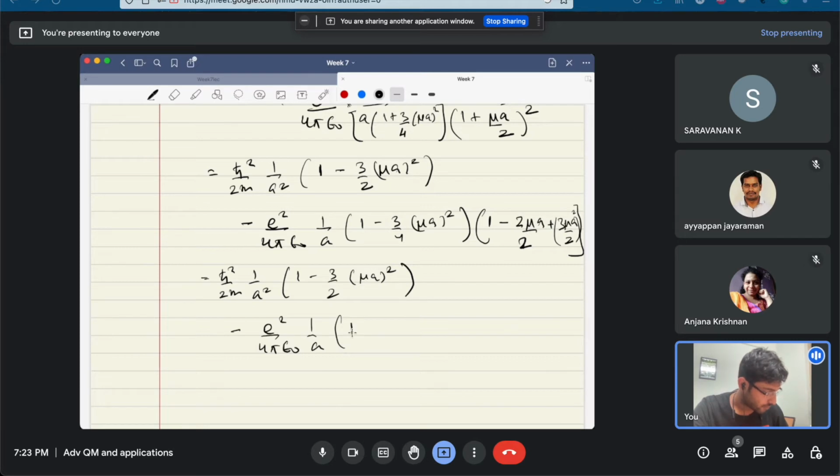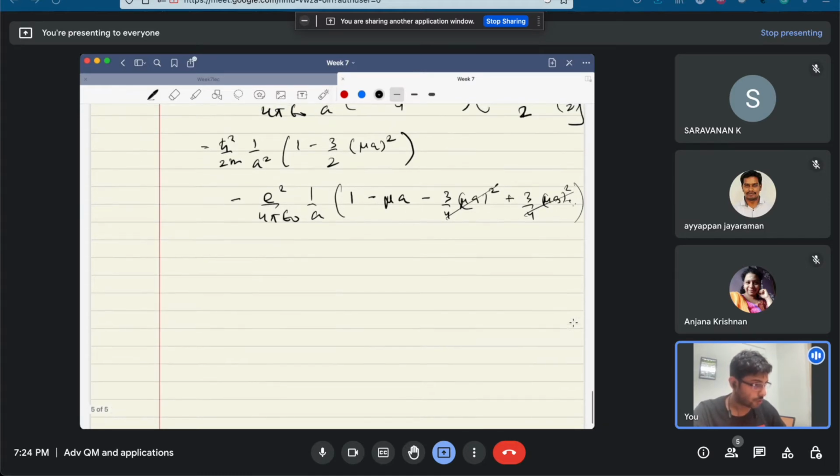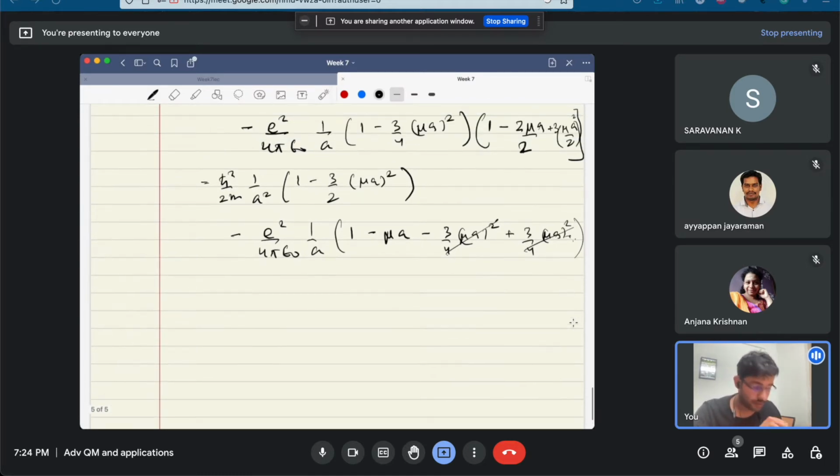So what you have is 1, you get minus mu a, then there is minus 3 by 4 mu a square, and you have a plus also. I think this 3 is outside. Mu a by 2 whole square. So you get a 3 by 4 mu a square and all the higher order terms, which we don't care, and these essentially get cancelled out. So what you end up, okay, now here we consider